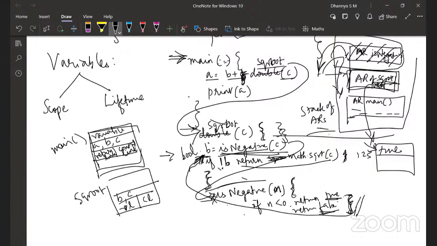The control gets transferred to which location? That is stored in, say, this is say 236. So there are so many locations here. At 236, it will say, okay, here is the instruction which you have to execute. Or here is the location of the instruction where you have to execute. So basically, the return link is the address of the location where you have to store the return value. Control link is the address of the location where you have to come back and continue the execution of the program. Okay, so that is what is happening in the activation record. It has a return link and the control link.